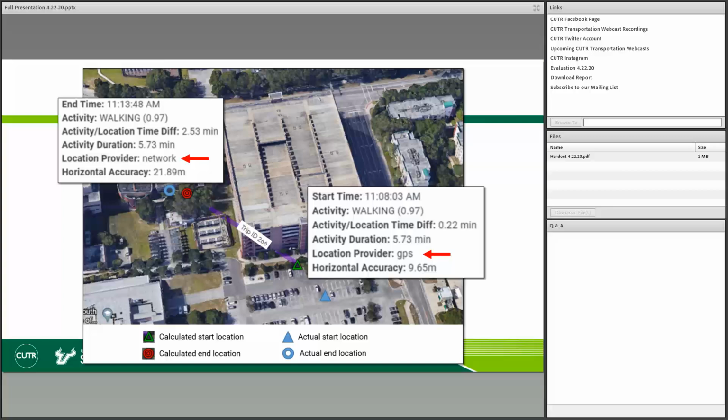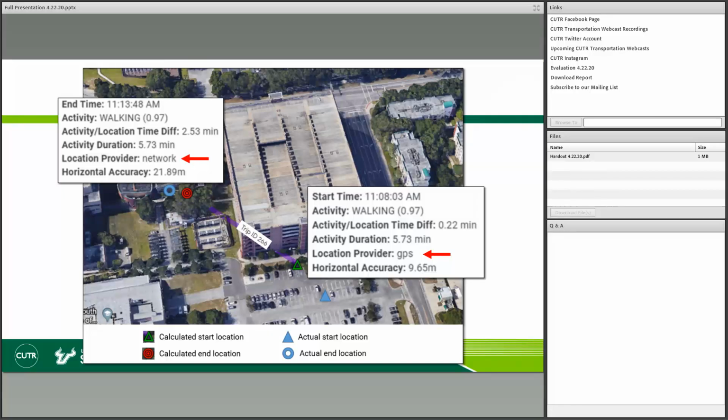On the ending of this particular trip, you can see, where the second red arrow is pointed, that this used the network location provider. This was most likely based on Wi-Fi and knowing the position of the Wi-Fi access point.